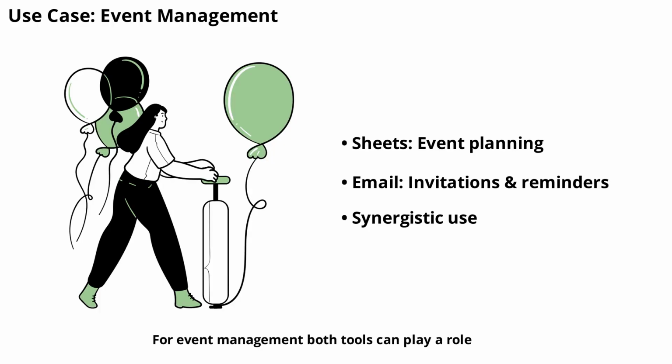For event management, both tools can play a role. Google Sheets helps organize attendee lists, schedules, and logistics. Email automation software can send invitations, reminders, and follow-ups to participants. By combining Sheets for data organization and email automation for communication, you can streamline the entire event process from planning